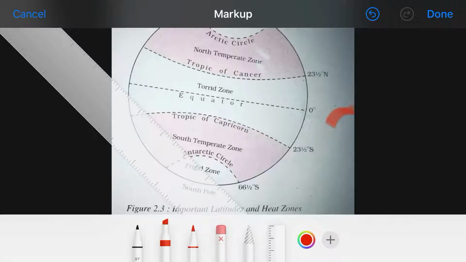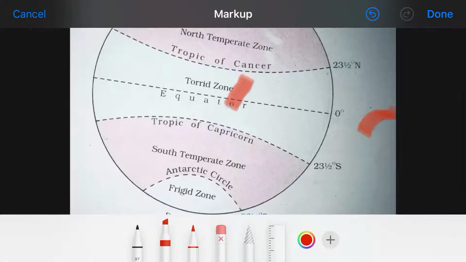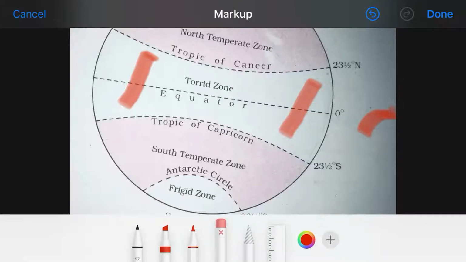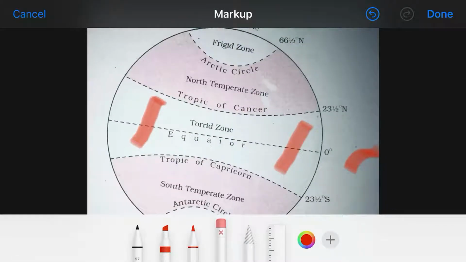At 0 degree, the equator is given, and then the Tropic of Cancer and Tropic of Capricorn. Between the Tropic of Cancer and Tropic of Capricorn, this portion is called the torrid zone. And from the Tropic of Cancer to the Arctic Circle, this portion is called